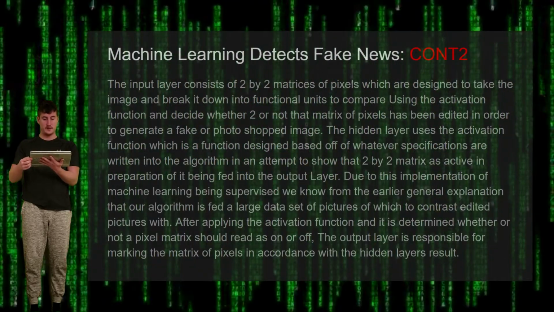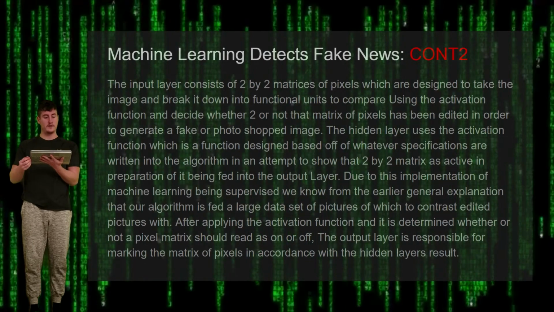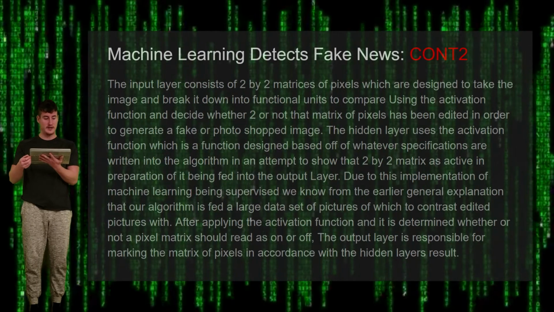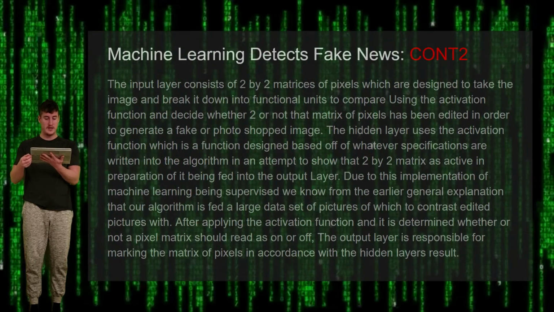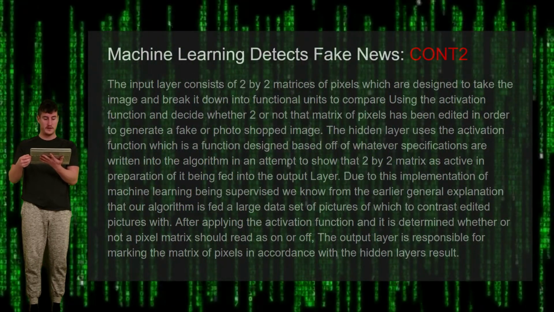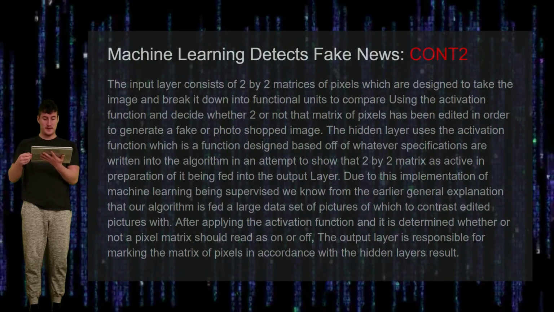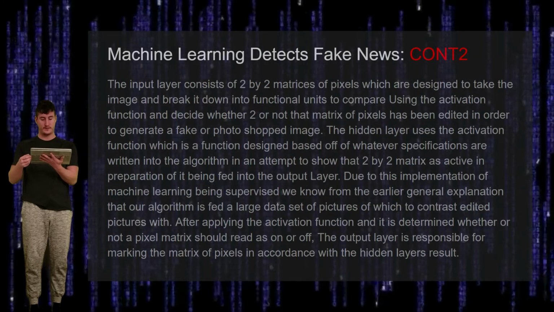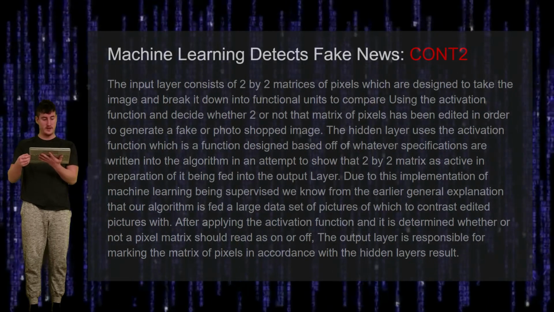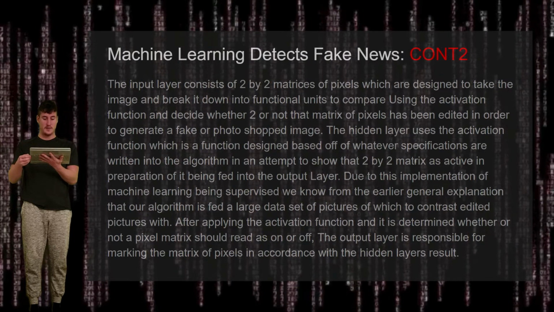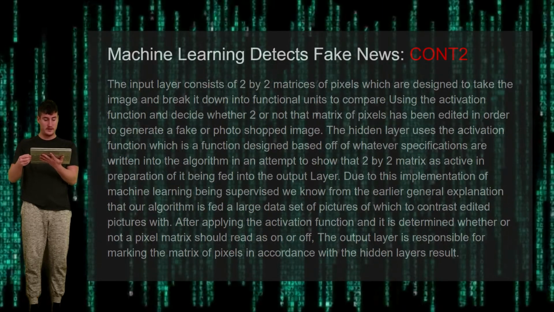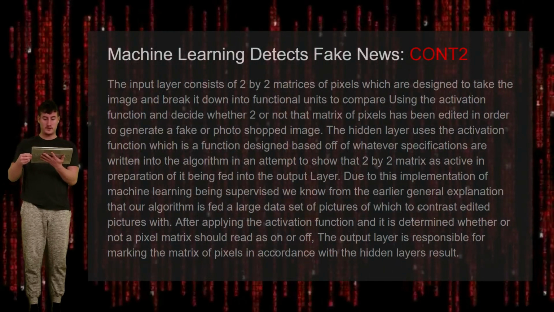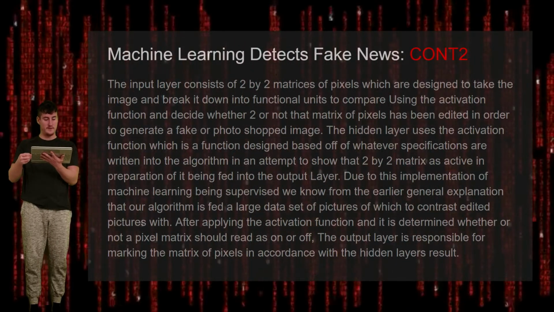Machine learning detects fake news, continued. The input layer consists of 2x2 matrices of pixels, which are designed to take the image and break it down into functional units to compare using the activation function and decide whether or not that matrix of pixels has been edited in order to generate a fake or photoshopped image. The hidden layer uses the activation function, which is a function designed based off of whatever specifications are written into the algorithm in an attempt to show that 2x2 matrix as active in preparation of it being fed into the